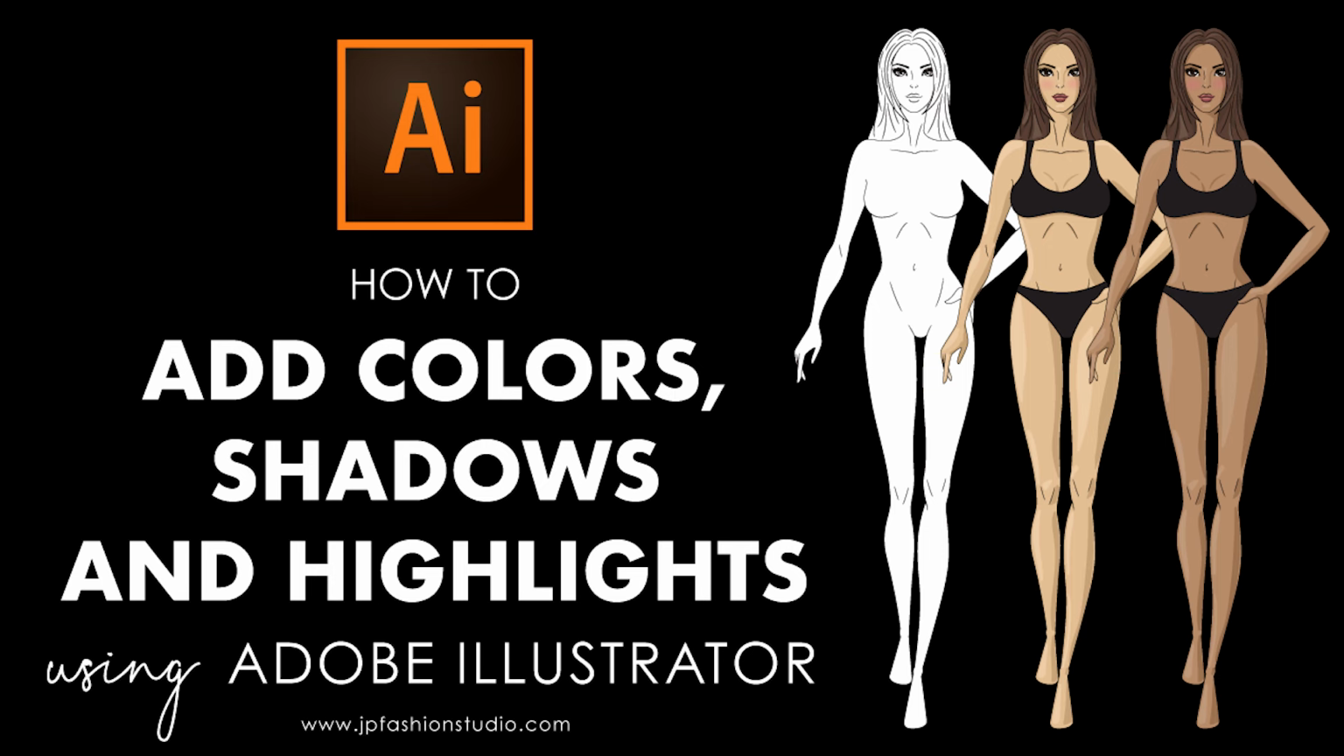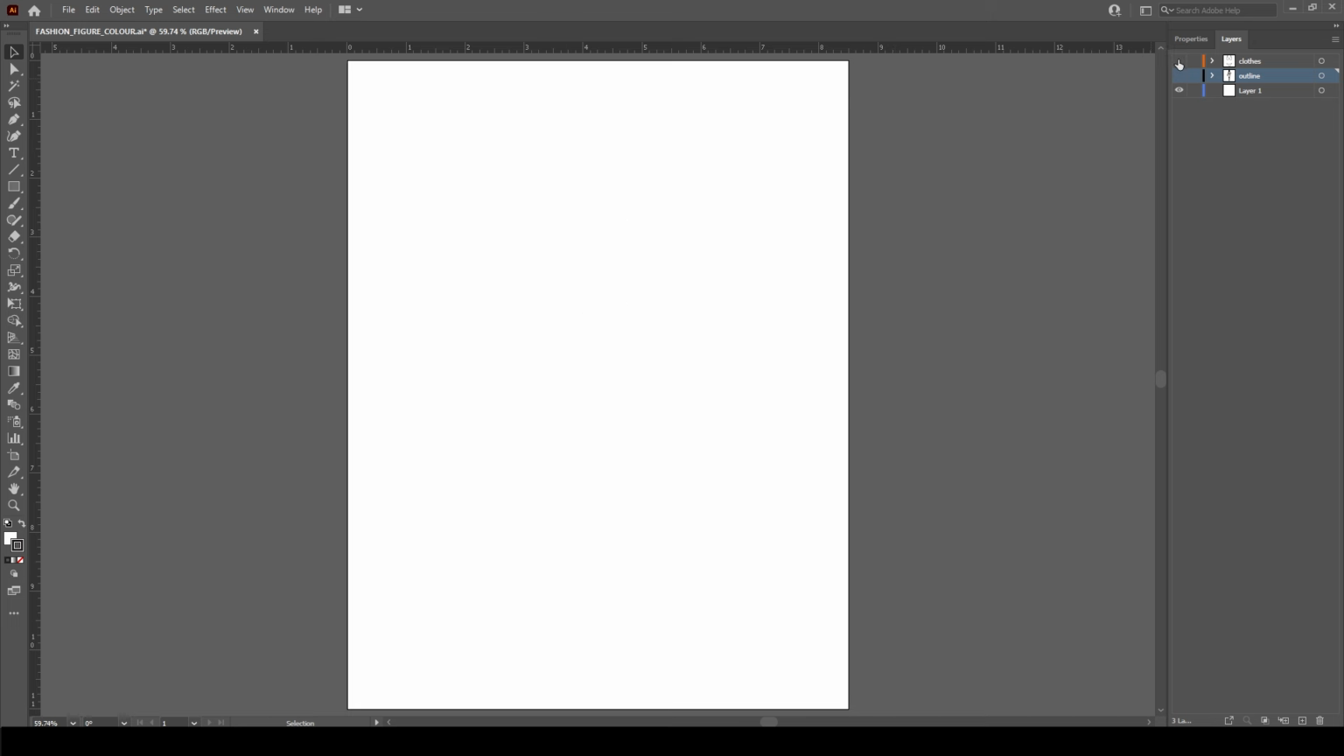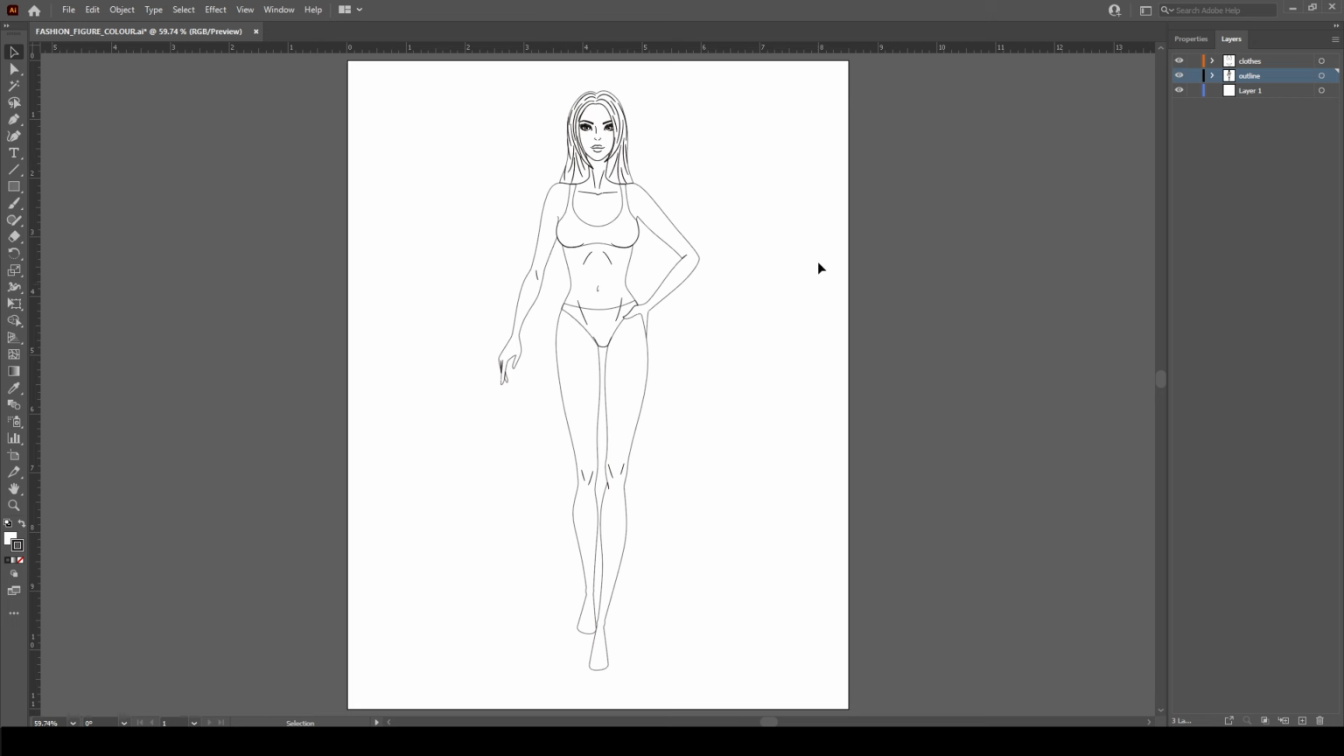Hi, and welcome to this tutorial on how to add colour, shading and highlights using Adobe Illustrator. Now, here I have this illustration already created, and if I just go to my layers, I'll show you. So here in this layer I have the outline of the figure, and in this layer I have some clothing for it. Okay, so we are going to be adding some colour and some highlights and some shades to this